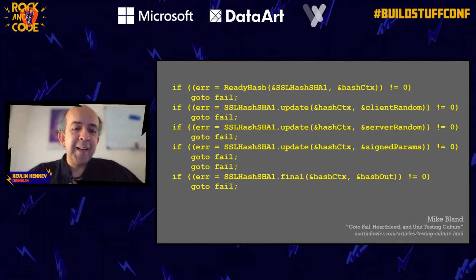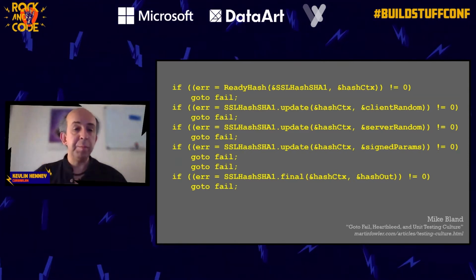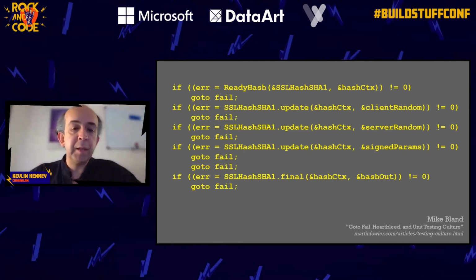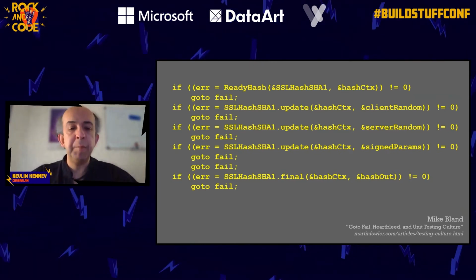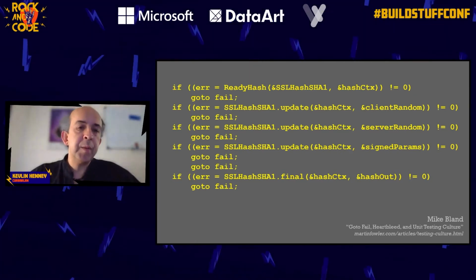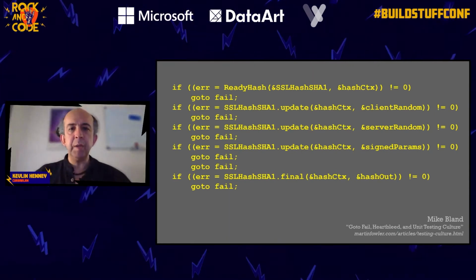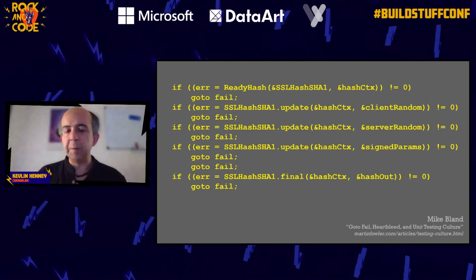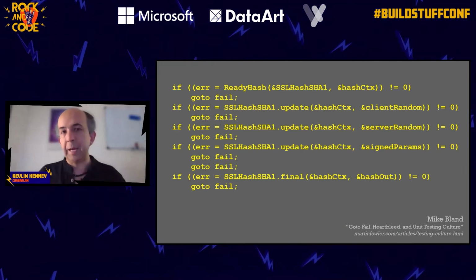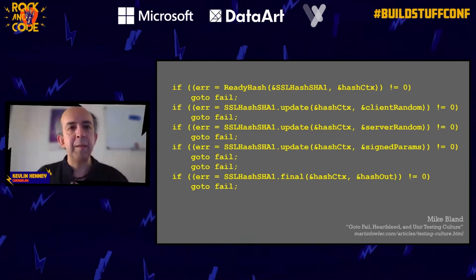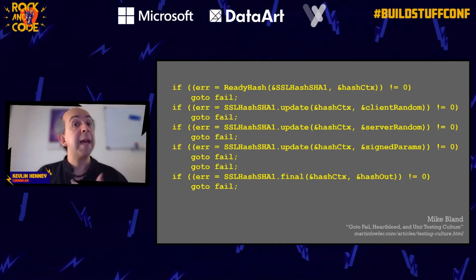And this was written up, and it's really nice. It's a long piece, but if you have a long build, I definitely recommend looking at this one by Mike Bland, formerly of Google: Goto Fail, Heartbleed, and Unit Testing Culture. He shows you the issue. And then a lot of people go, oh, well, this code is written in C. We don't have to unit test it. You can't unit test C. Well, you can. I'm actually running something on that later this month. But he also highlights how to do it.